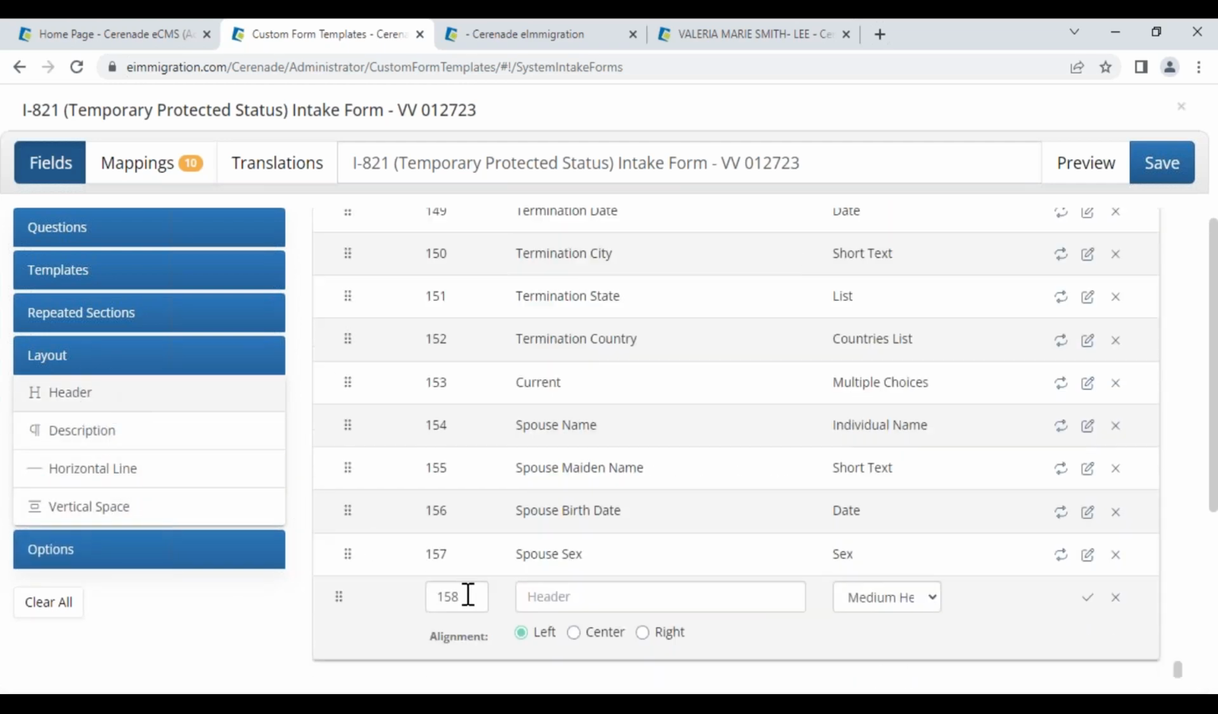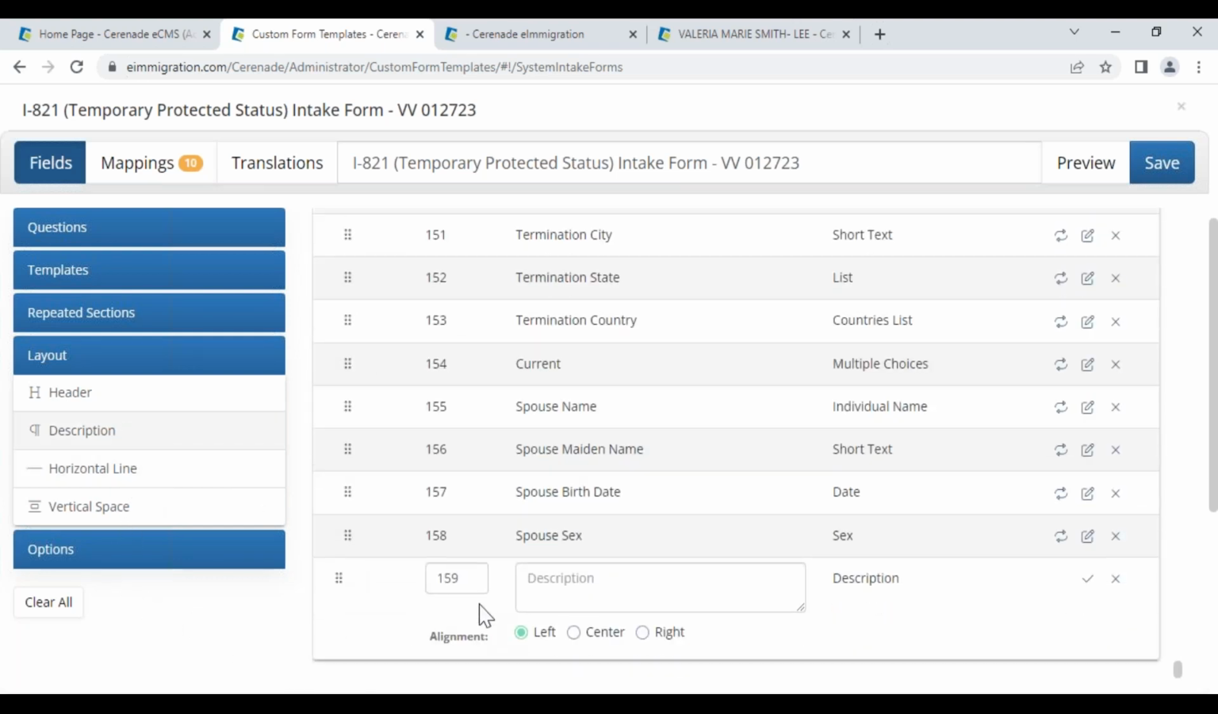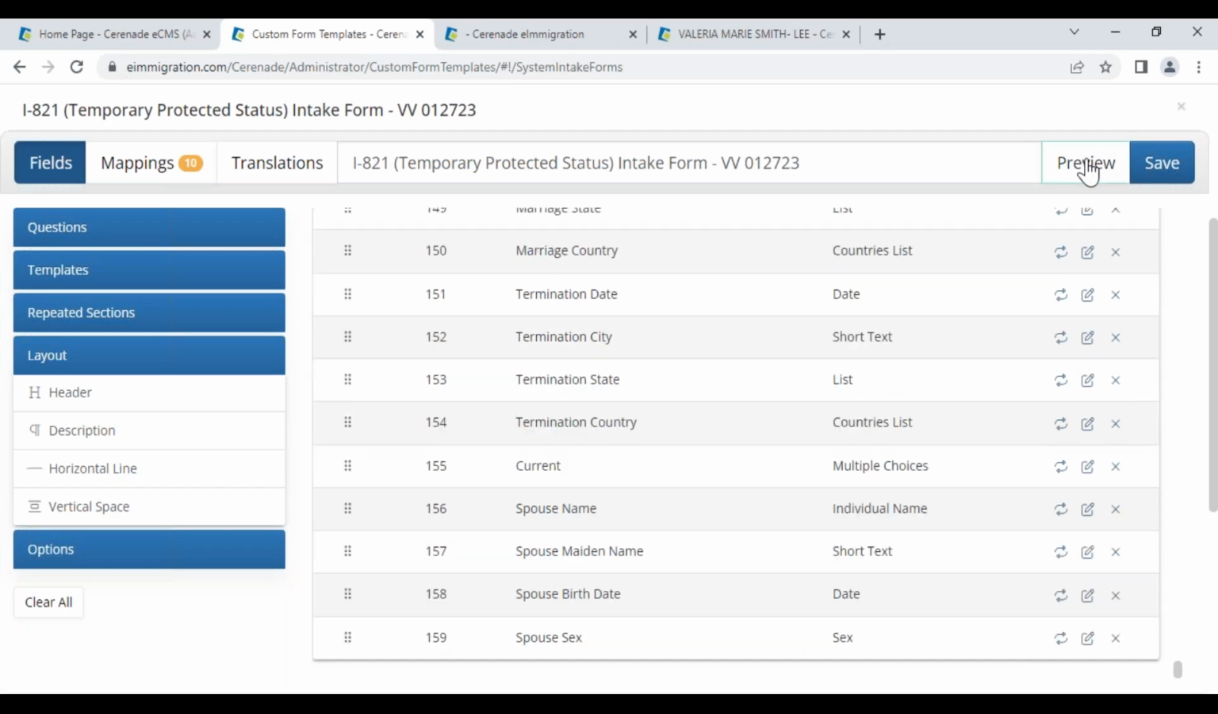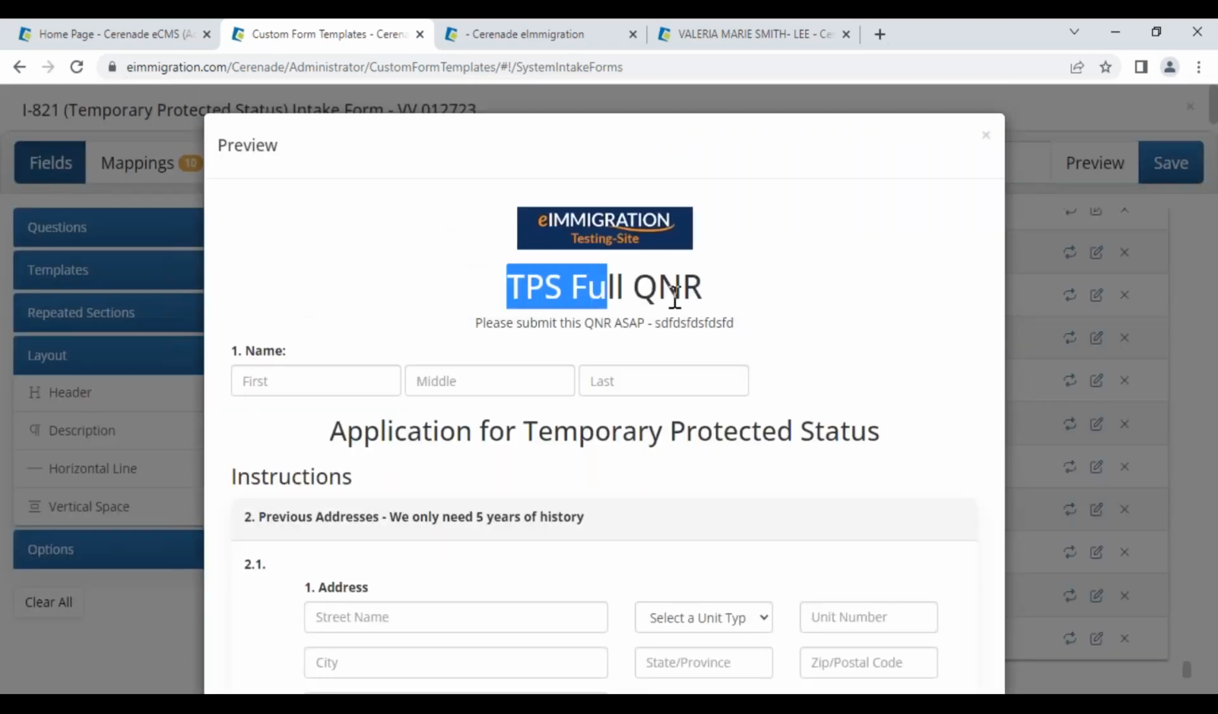In fact, let me add one header, and it's going to be TPS full questionnaire. I'm going to do that center large. And I'm also going to add a description where I'm just going to say, please submit this questionnaire as soon as possible, or if you have any questions, contact this number. And if I click preview, now I can see the logo, my header, my description, and the questions that I added